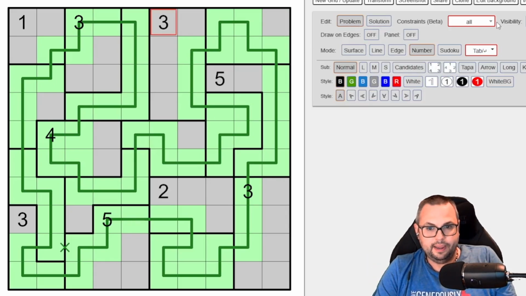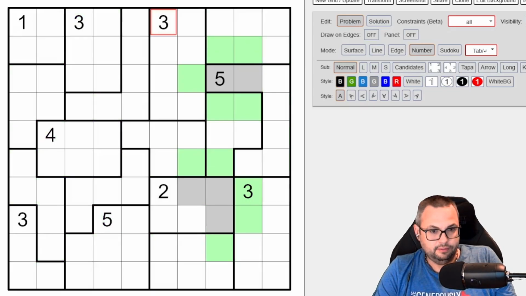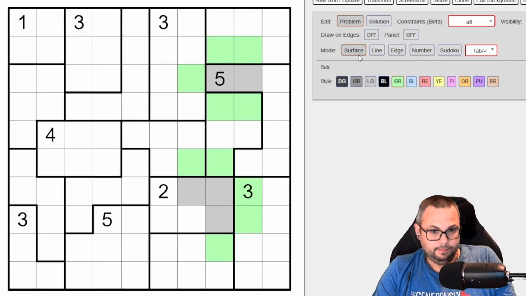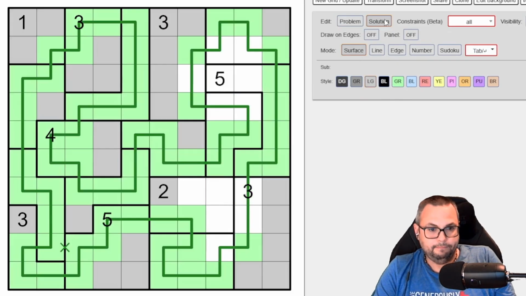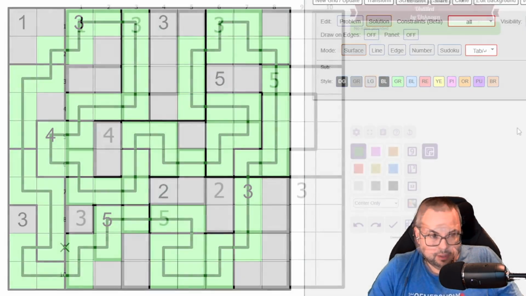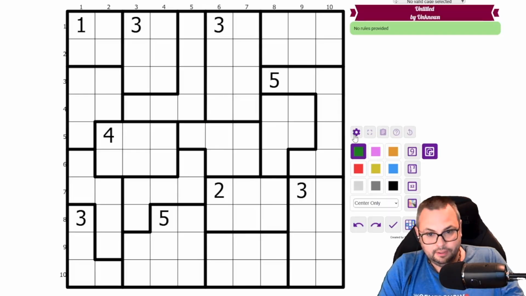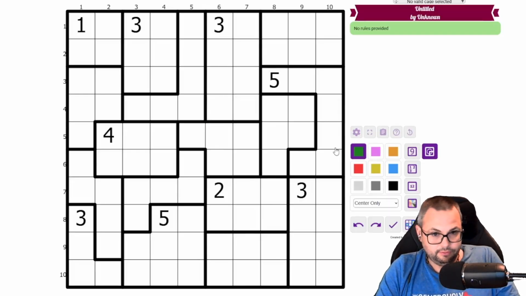Of course, I think I have my solution colored incorrectly. Hopefully I was able to use the green and the gray to keep track of what's going on. Okay. I got a nice mix of countries with clues, countries without clues. Okay,